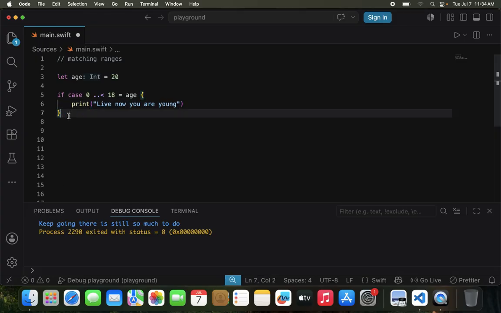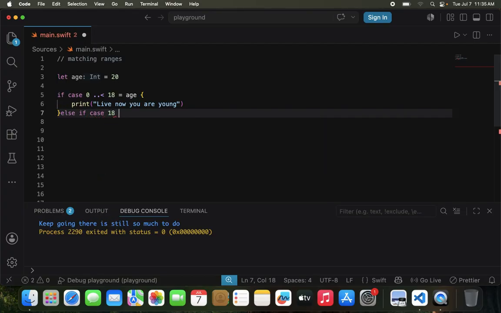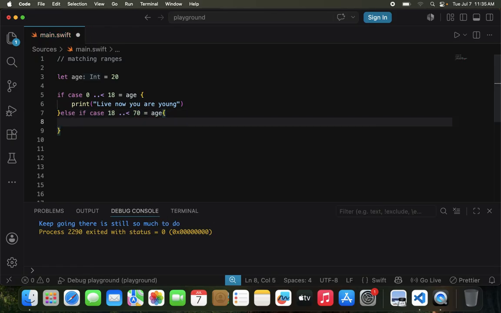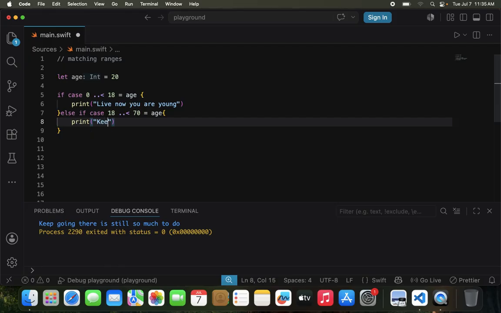And then we can also do else if case 18 range less than 70 equals to h here. Then want to say print keep going. There is still so much to do,